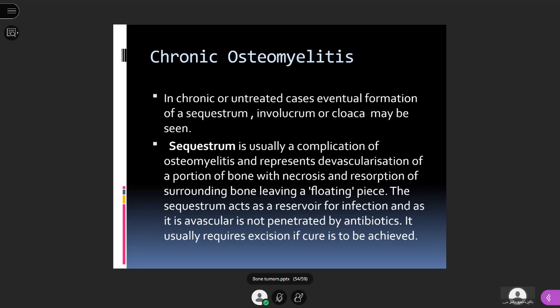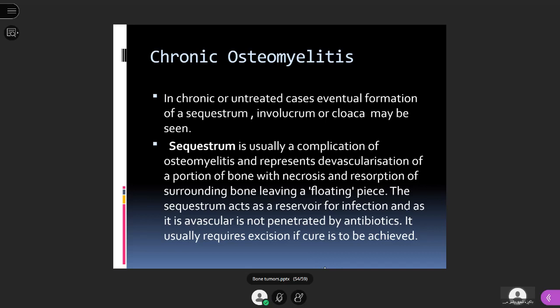Okay. And what is the modality of choice for osteomyelitis? MRI. Because MRI will not only be able to diagnose it early, but it can also show you the complications of osteomyelitis. What are the complications of osteomyelitis? Complications include the soft tissue complications as well as the sinuses, fistulas, and the fistulous tracts. They are all visible on MRI.